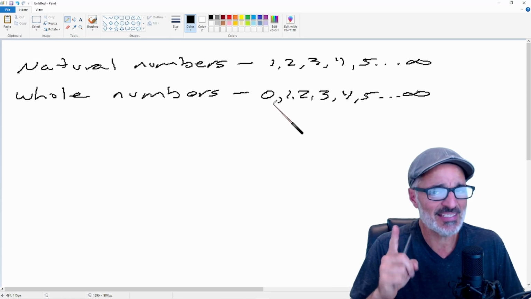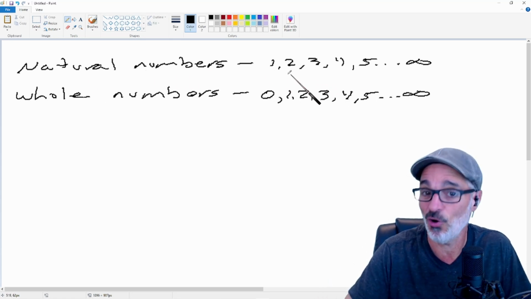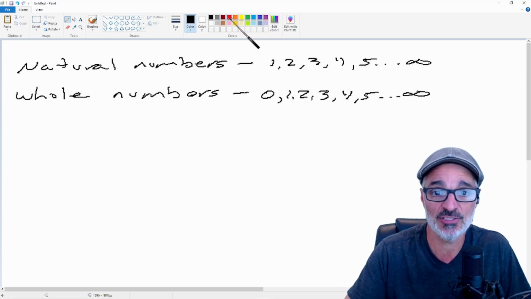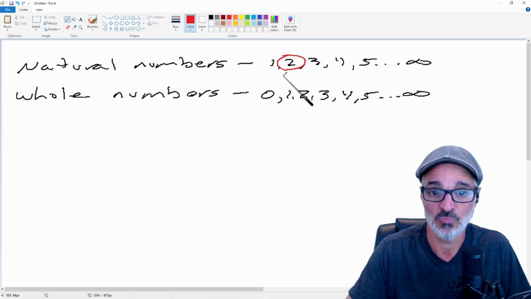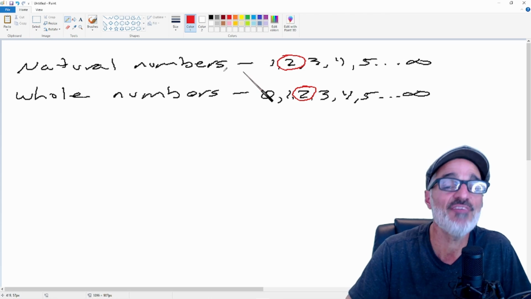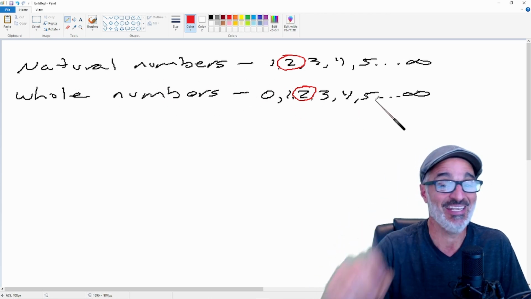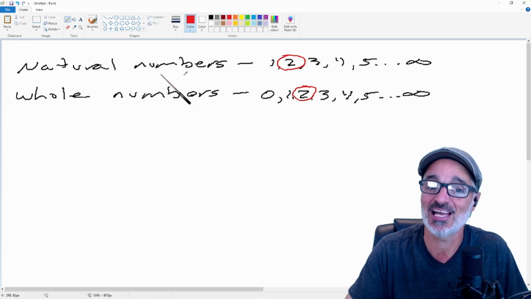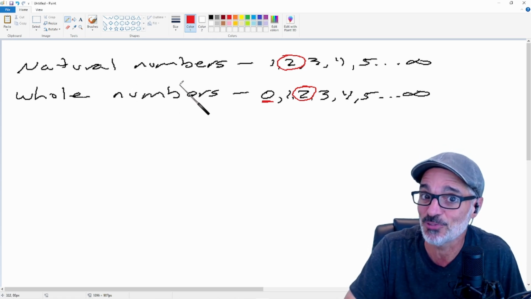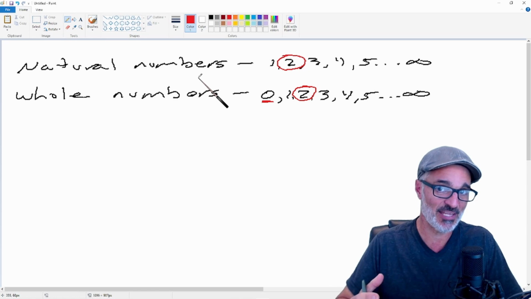So let's look at this very carefully, because if you have a natural number, meaning any of 1, 2, 3, 4, 5, all the way to infinity, you also have a whole number. Let's say that you have a 2. Well, 2 is a natural number, but it's also a whole number. So every natural number is also a whole number. But hold up, not every whole number is a natural number, because if you have a 0, you have a whole number, but you don't have a natural number because 0 is not in the natural set. Okay, you see how we're putting it together?